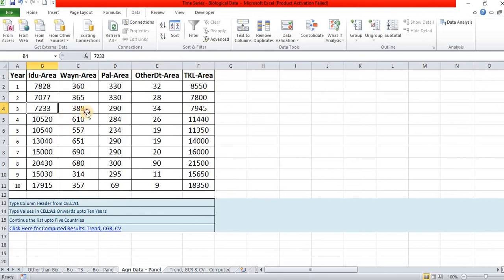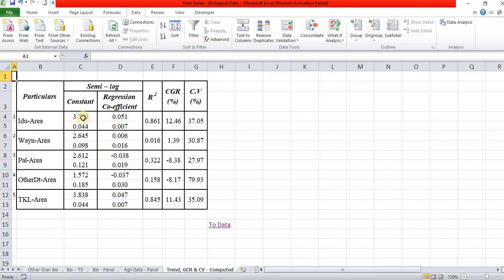So 1, 2, 3, 4, 5. The first work is to find out the log value of every year, and then we go for calculation. When we copy and paste the data in this Excel cell, it will take to the result area. So this template can be